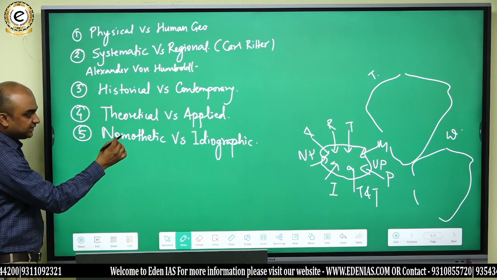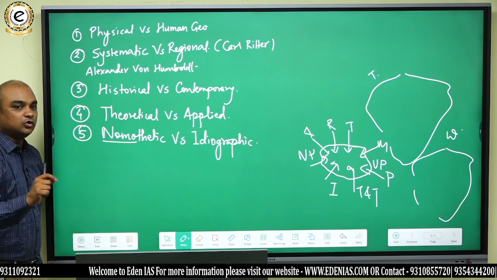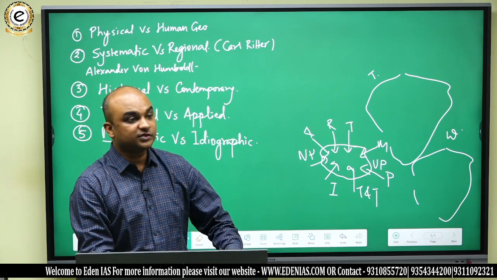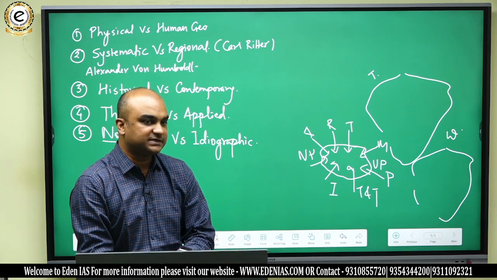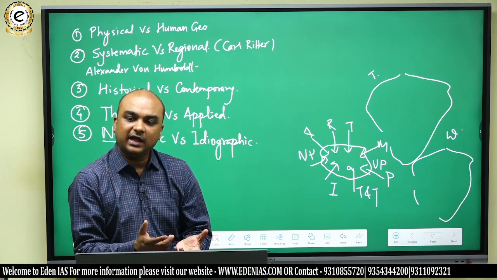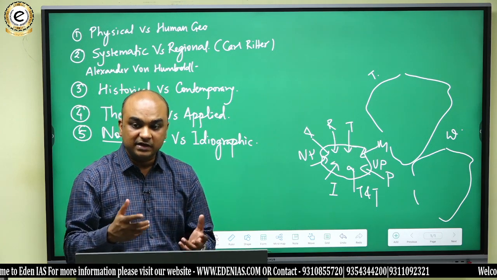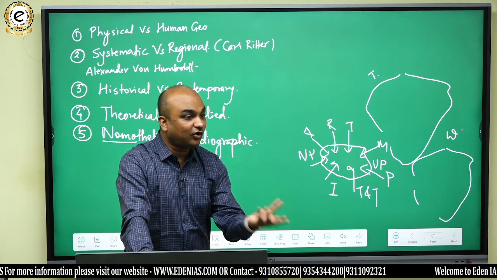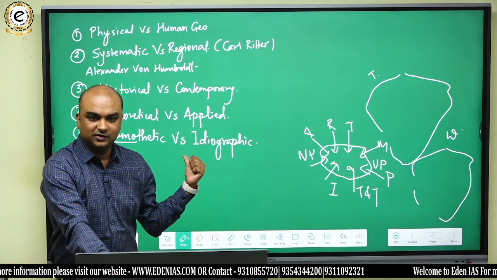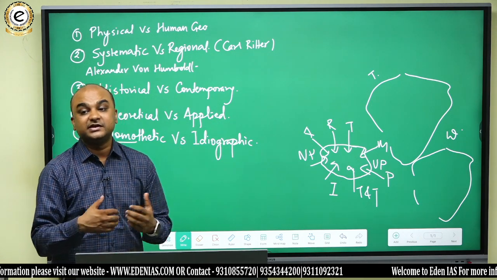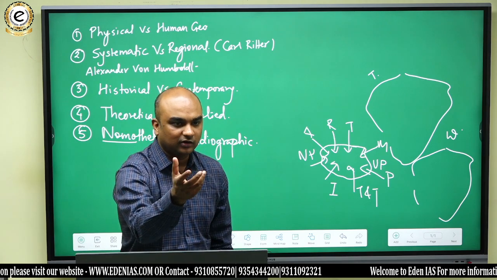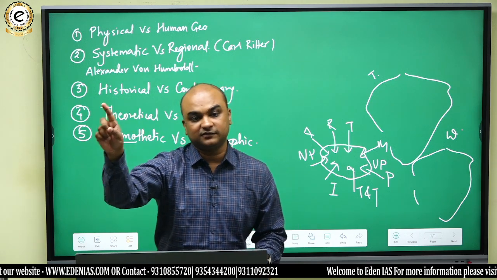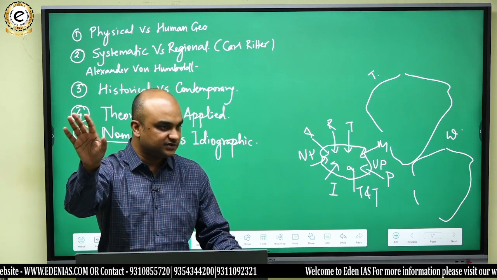The word nomothetic is actually drawn from a root word nomos. Nomos means generalization. So nomothetic geography is that geography which says that geography is like physics. It means you can build general laws, like you have the laws of motion in physics. So you can also have similar laws in geography. Or geography is more of a generalized discipline, because once you make a law, that becomes a universal reference point, and now you can take many decisions on the basis of that law, and you can understand several things on the basis of that law.